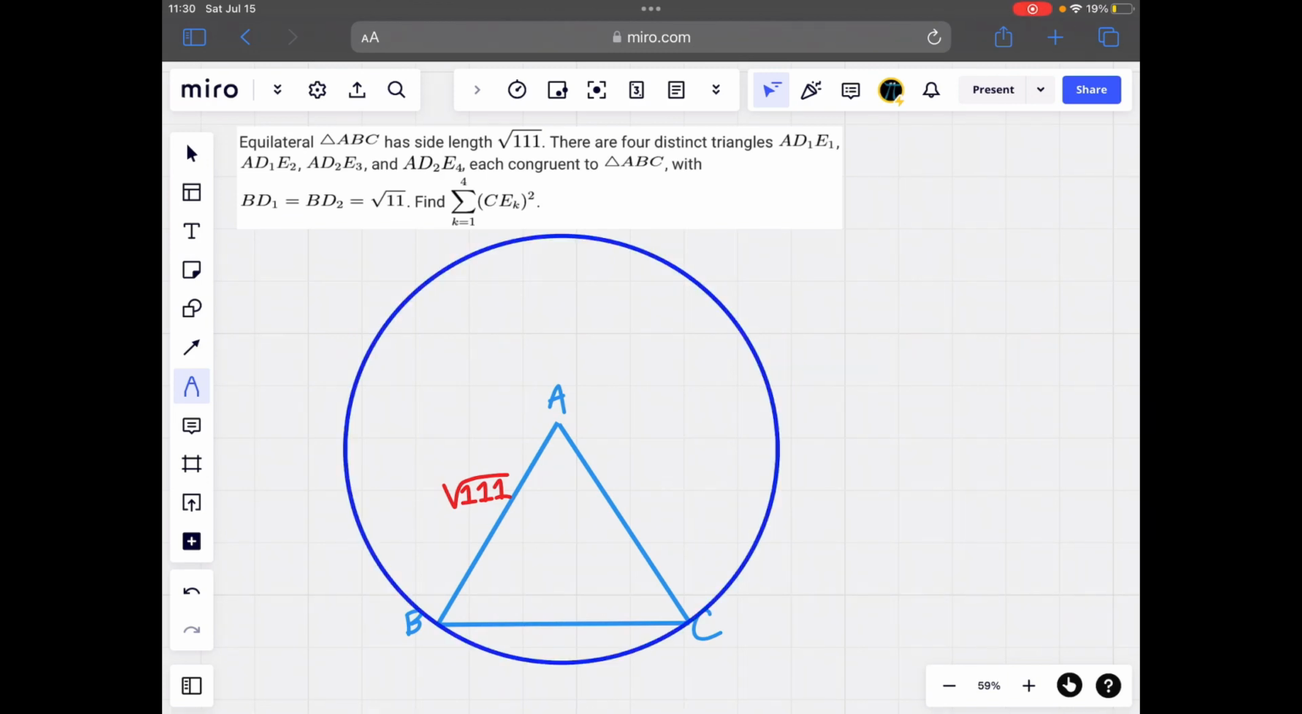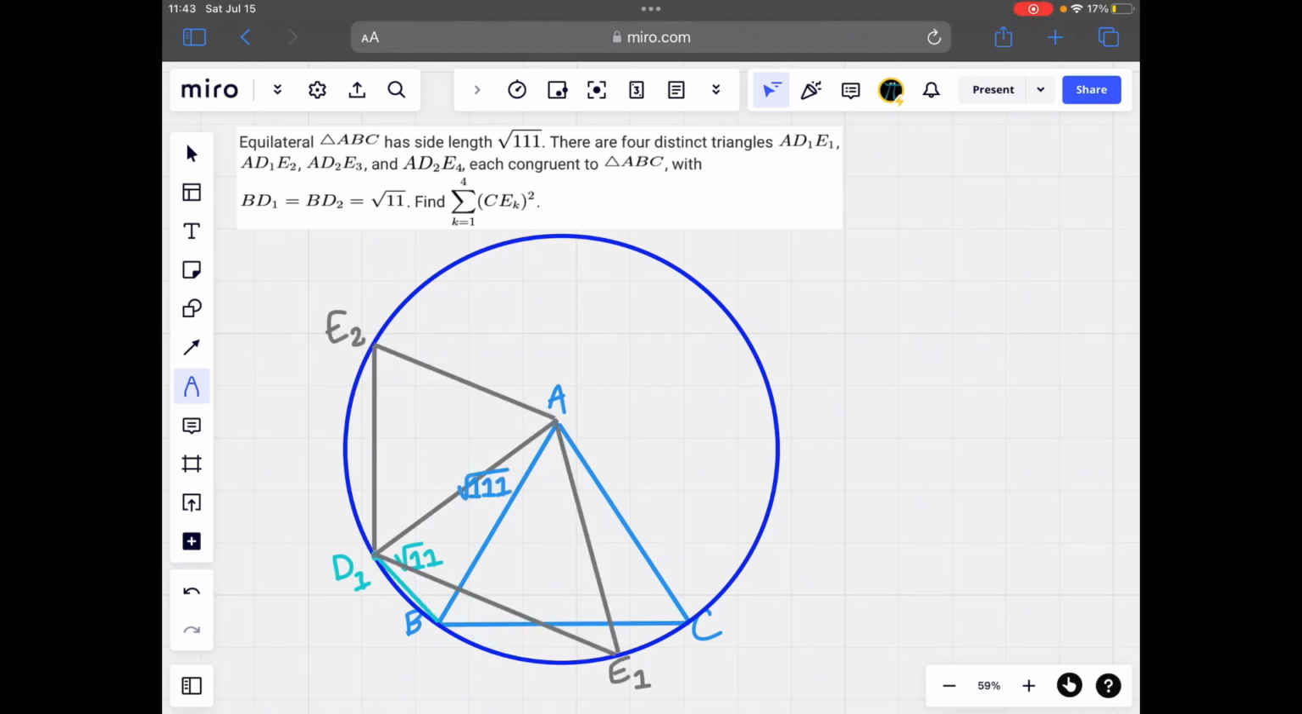There are 2 points on the circle that are each root 11 away from B, D1 and D2. One is over here, and the other is over here, between B and C. They're each root 11 away from B, so I will label these each root 11. And now we have to start building equilateral triangles, AD1E1, AD1E2, AD2E3, and AD2E4. Let's start at point D1. There are 2 points E1 and E2 that can be used to form the third vertex of an equilateral triangle